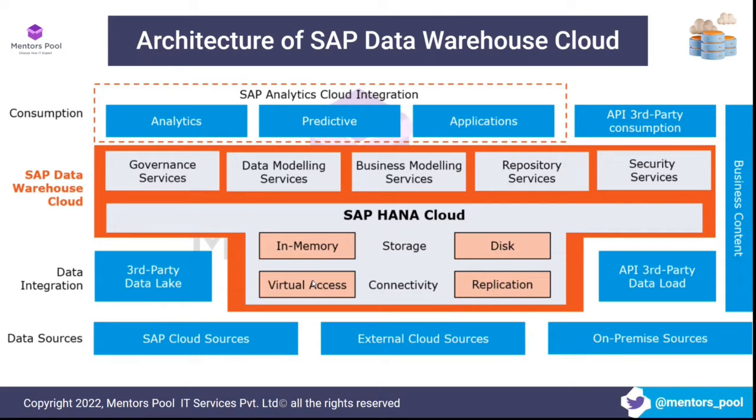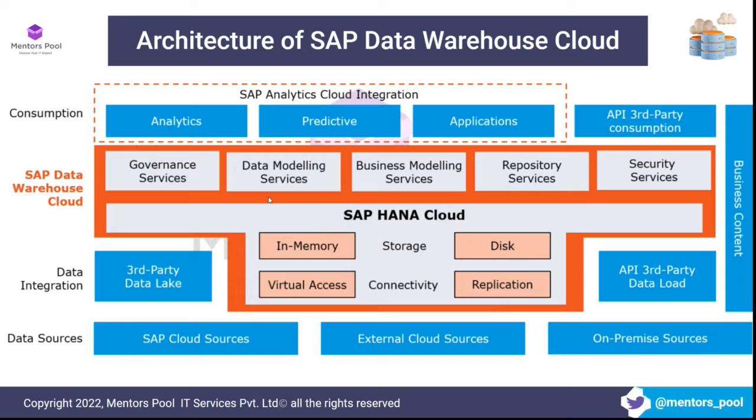And then we have virtual access. What do we mean by virtual access? Now if we use the virtual access type of connection to this Oracle database, then the data will not be copied to the Data Warehouse Cloud. Just a virtual connection is created to the Oracle database's table, right? So now what happens whenever a user goes to one of these analytic tools and sees a report? At that time, the query will get executed, it uses this virtual connection, and it fetches the data from the source systems. So those are the core components in the data integration layer, right?